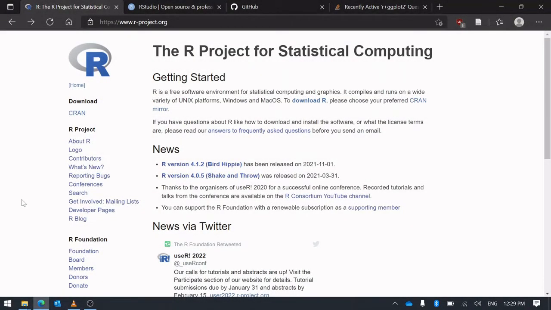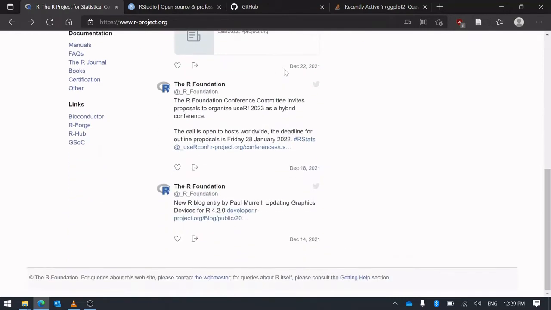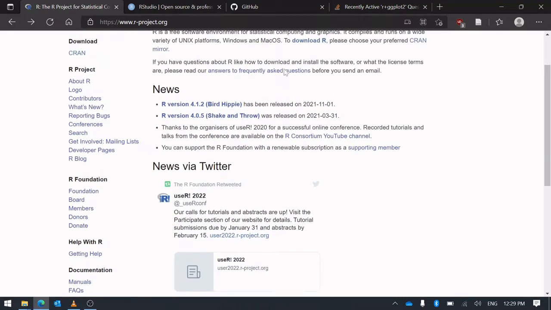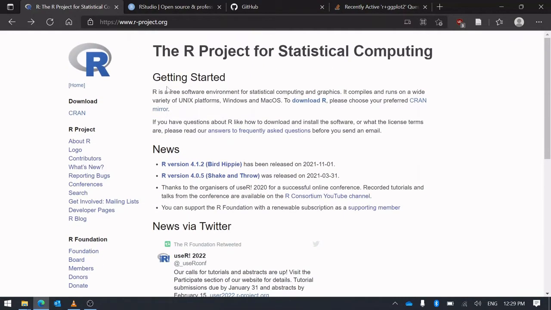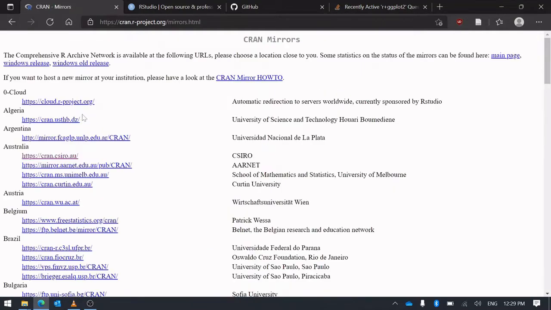Firstly, we will need to open our internet browser of choice and proceed to www.r-project.org. This is the main page of the R scripting language project. You may read through the site as you wish, and it will give you further insight into the history of the project and how it is used in statistical computing. To download the program, click the CRAN link in the upper left side of the page.